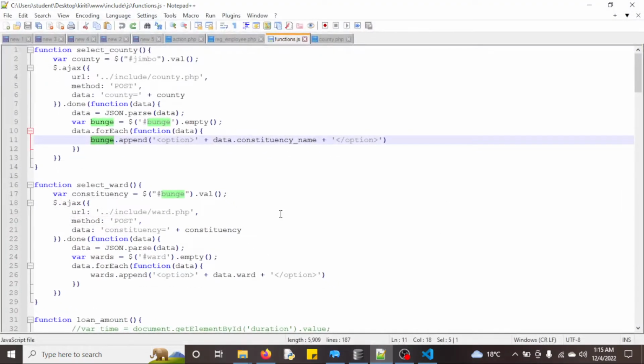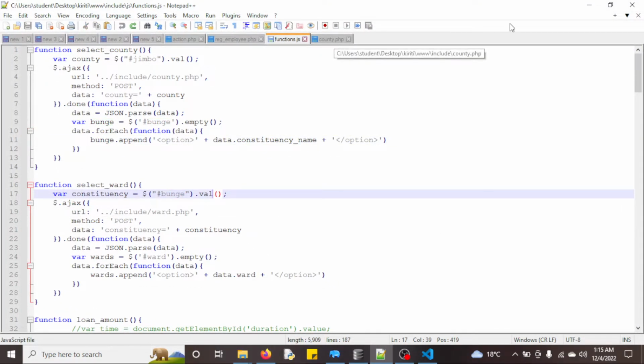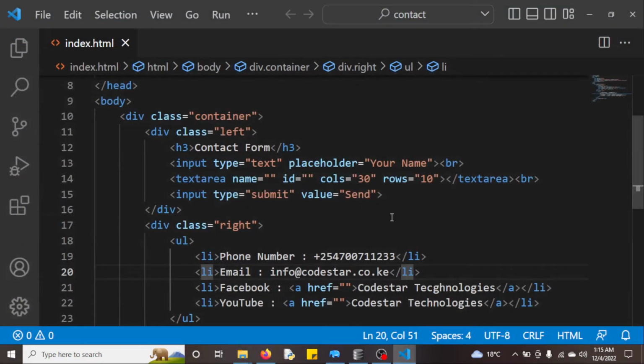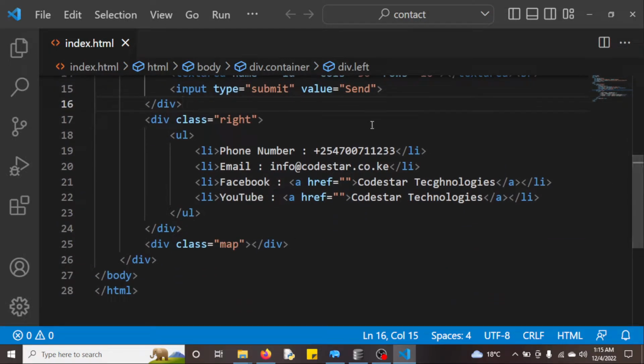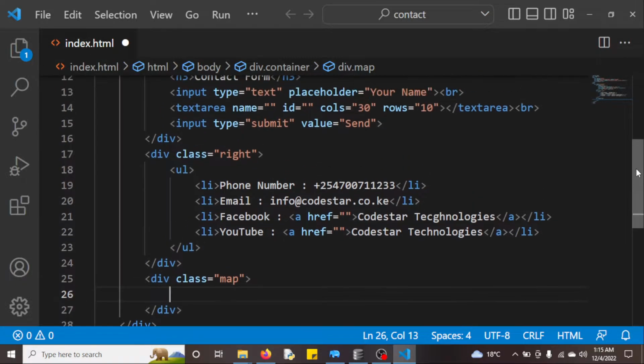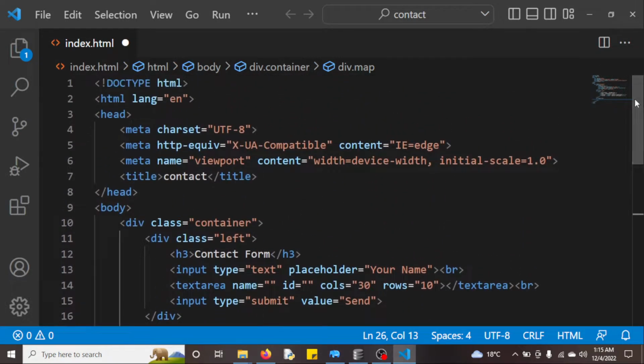So in this case I will do, sorry, I was using VS Code. I like using Notepad. I don't know why, because I like coding my code. But with Bootstrap, with VS Code, sometimes you automate almost everything. So on the map, I can put the map here. I'll append the map, and in this case, let it just stay the way it is. I will show you how to insert the map, but first of all, let me put some small